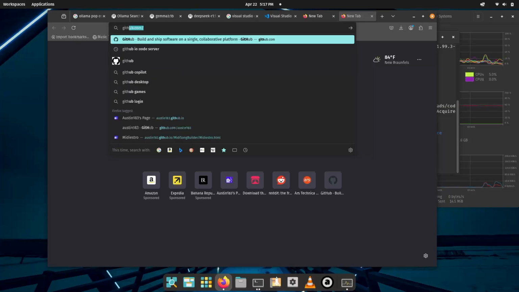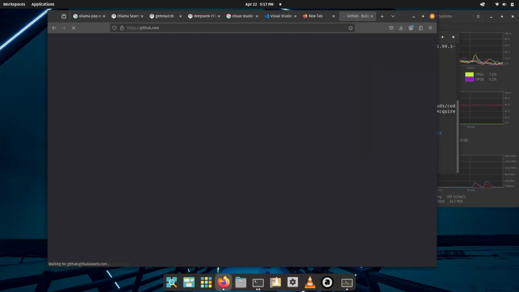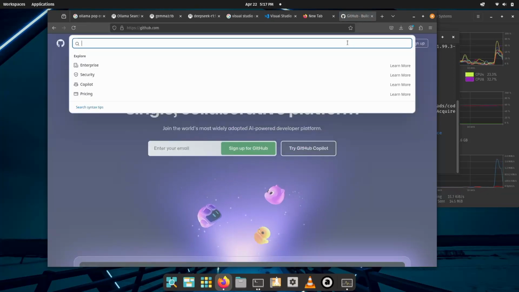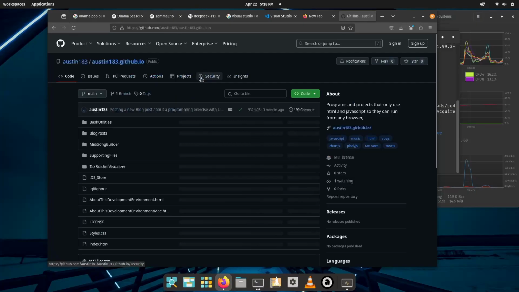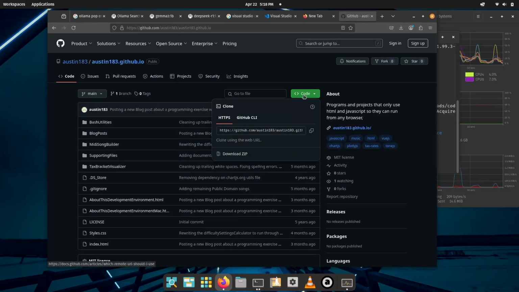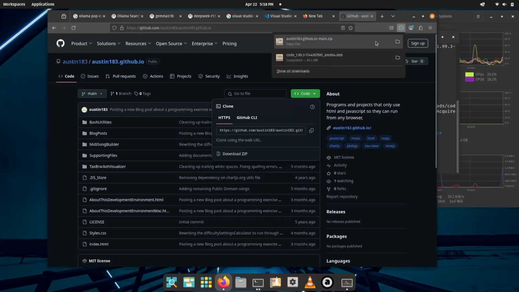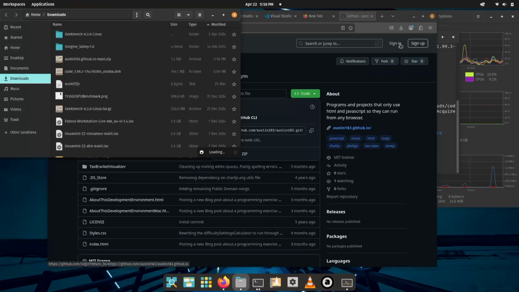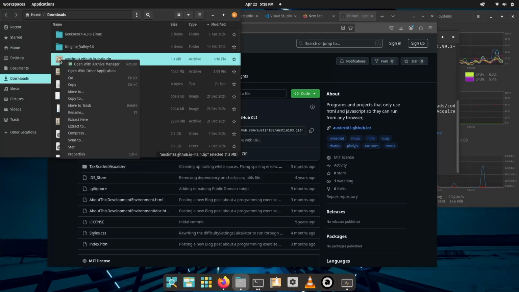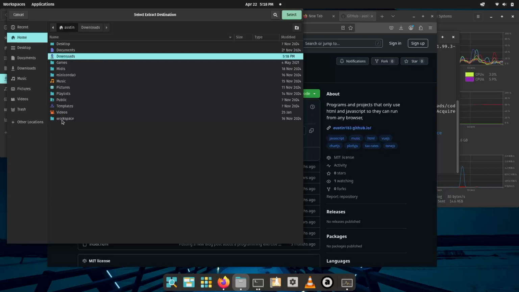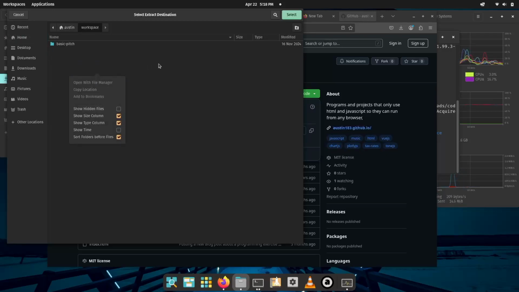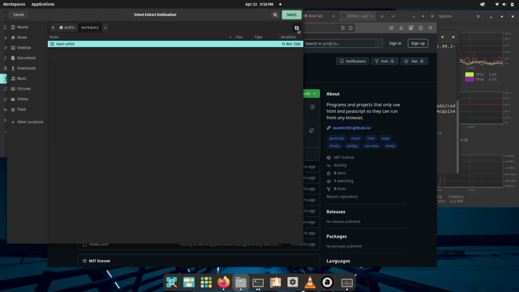github.com and I search for Austin 183, that gives me this github.io page. And if I wanted to download this code, I guess I'll just download a zip of it for now. Alright, and then I'll unpack this, extract to Austin workspace, put it in a new folder using this new folder button,